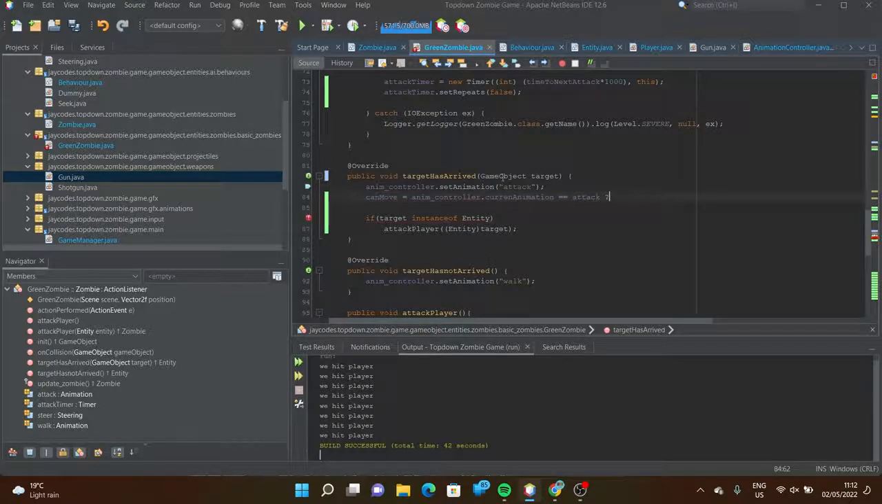So what I'm trying to say is that if the animation control, so I'm gonna use a ternary, what is it called? I don't know, something like a ternary, lambda expression or something like that. I forgot what it's called, but I just know how to do it. So what we're simply gonna say is that if the animation control's current animation is equal to the attack animation, what I want to set can move equal to is,